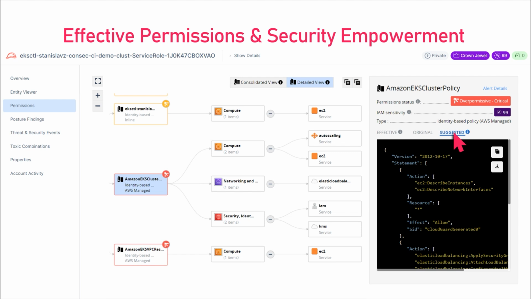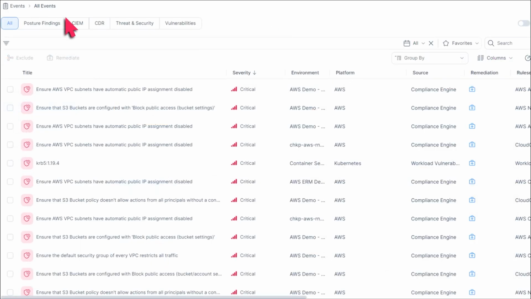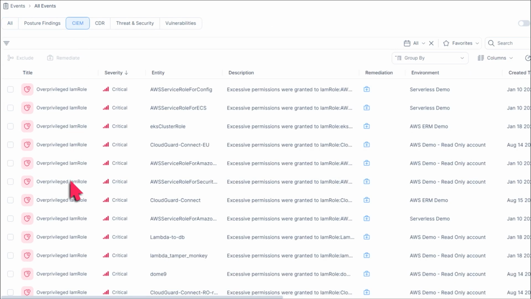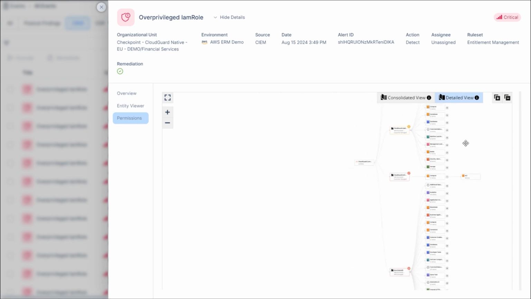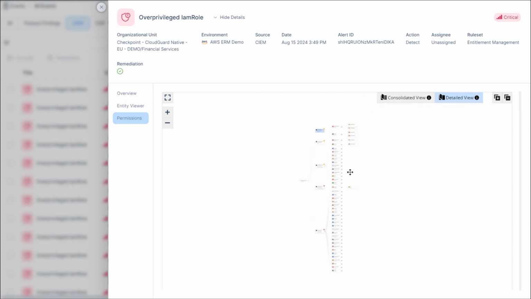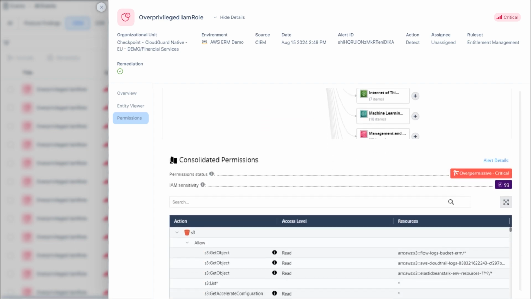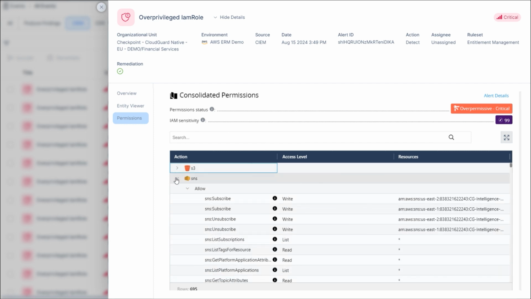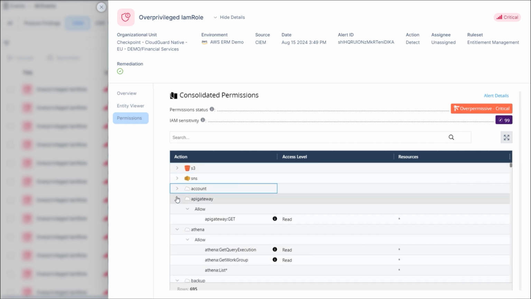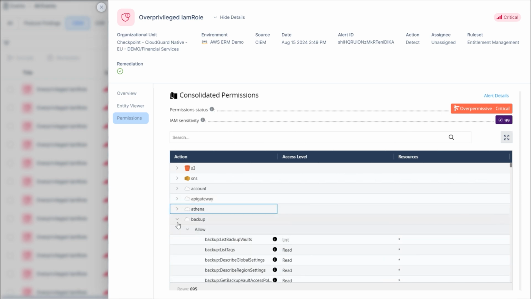Now, another place you can see all the CIEM findings are in the Events page, where I can click the CIEM tab, and clicking on any of the findings will lead you to the same view but in a slightly more accessible way. And this is a good chance to see what it means to sum over the privilege daisy chain, because when you zoom out to look at what a role actually has access to, it can be a bit dizzying. So you can just click on the consolidated view and see exactly the type of access and boundaries that are set for each asset in your cloud,